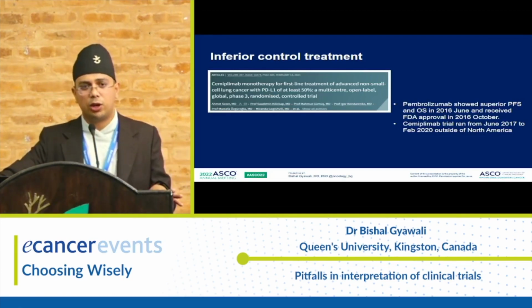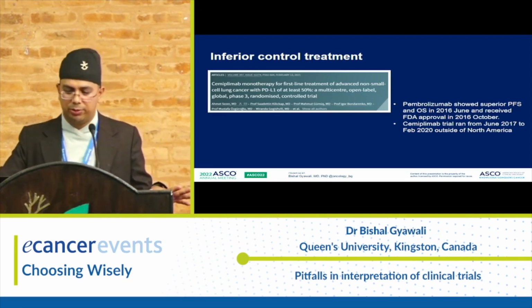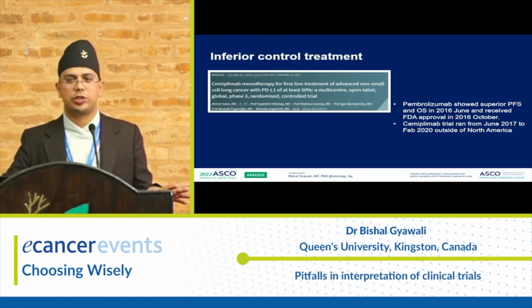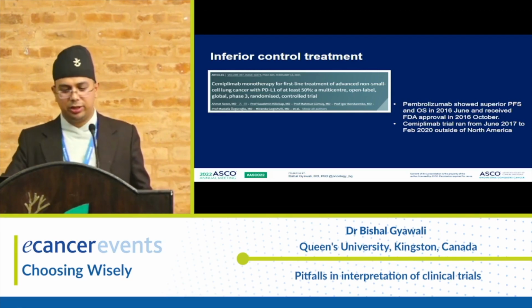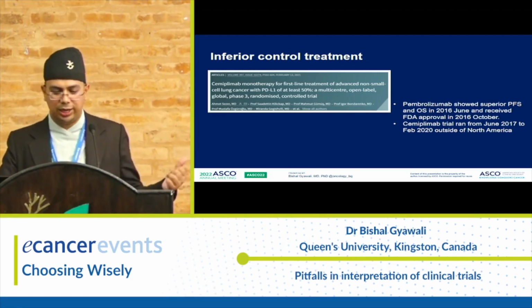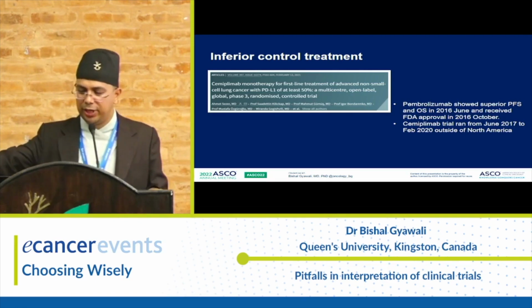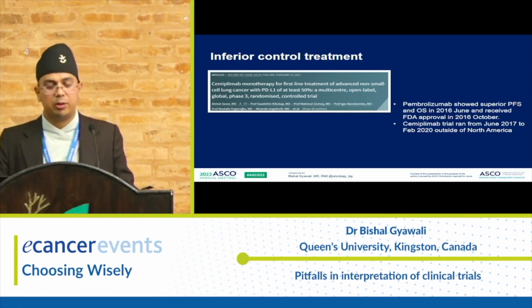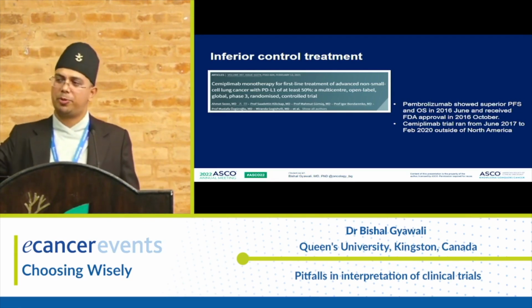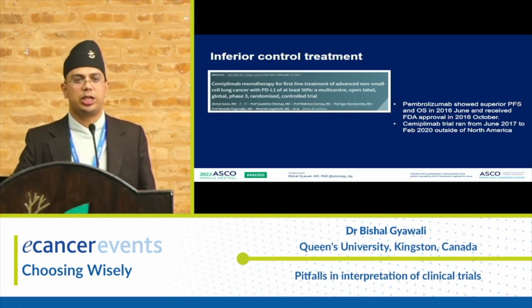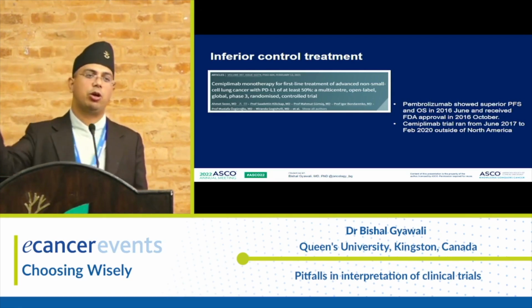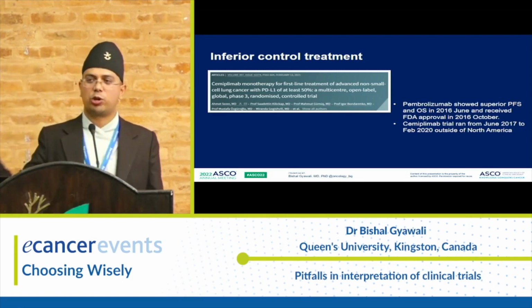For patients with lung cancer, there was a drug called pembrolizumab, which was approved in 2016. So this was a good drug. All patients who do not have a problem with getting this drug would get this drug. But then they ran a new trial of a different drug called cemiplimab from 2017. That means at this time, pembrolizumab was already available. But the control arm for this cemiplimab trial was again chemotherapy. It was not pembrolizumab. So there was a better drug in the market, but patients were getting an old chemotherapy as the control arm treatment.